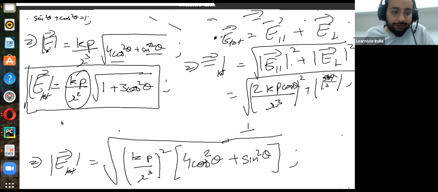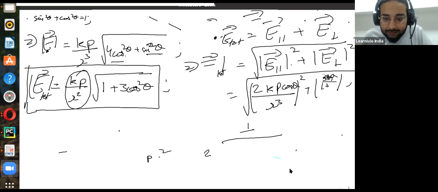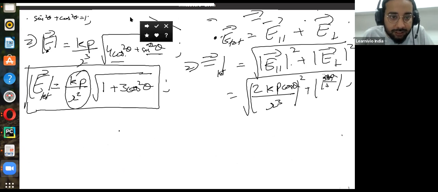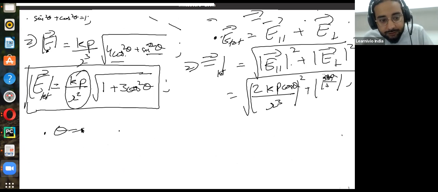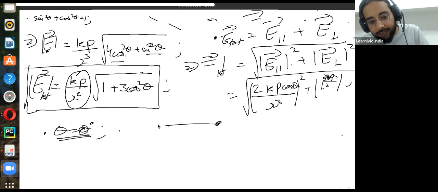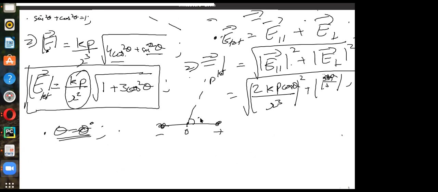Now, let's test whether this particular answer is actually correct or not. How do we test that? Well, we can test it by putting in some values, right? Let's put the value of theta equal to, let's say, 0 degrees. So if theta is equal to 0 degrees, let's come back to our diagram. You had a minus and a plus here, and the angle was this theta from O to P. So if this angle is 0,